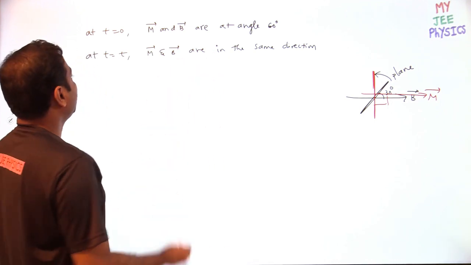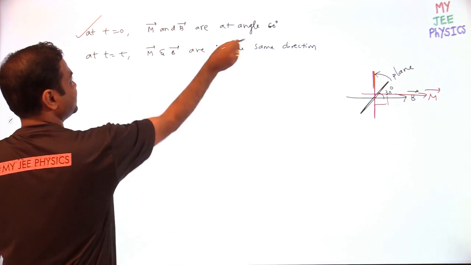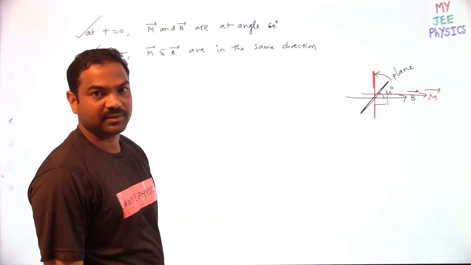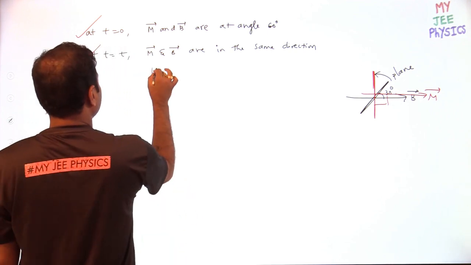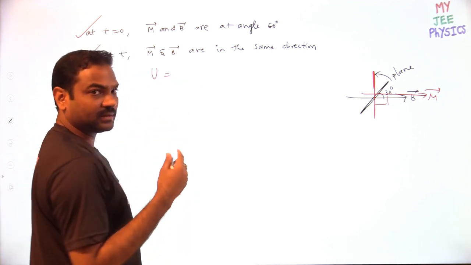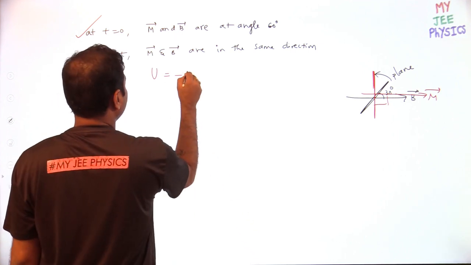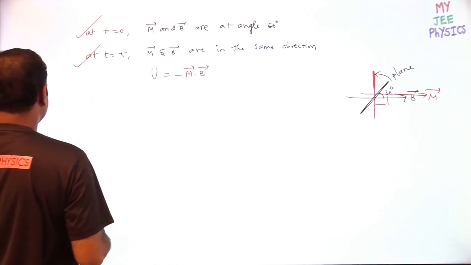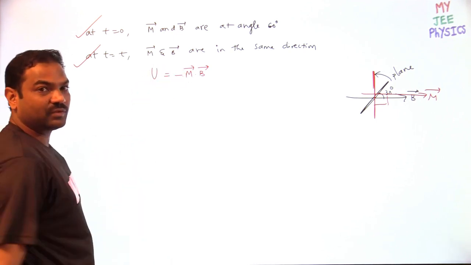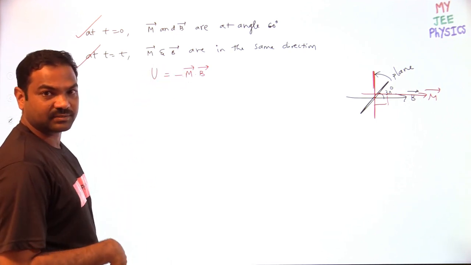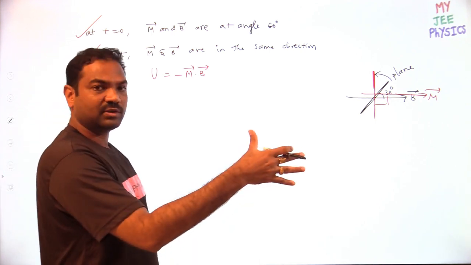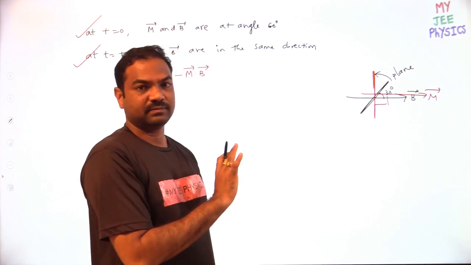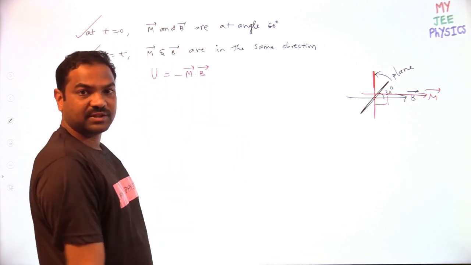Finally, now here one energy will be stored in this orientation. In this orientation, another energy will be stored. We can find out the angular velocity. So what is the energy stored? Energy stored in a dipole when kept in a uniform magnetic field is minus m bar dot b bar. So then the change of energy will give you what? The change of energy will give you kinetic energy. Energy is conserved. If you rotate the loop, because of torque it will rotate by itself. Because of rotation, the energy value will change.